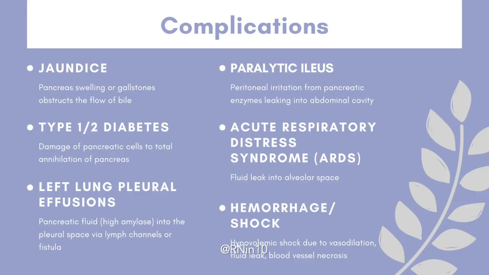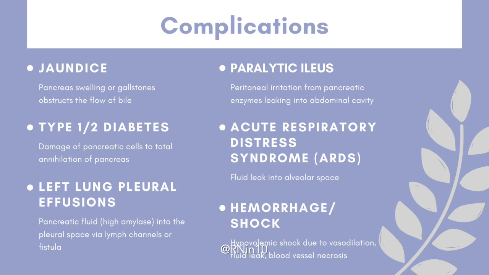Now, here are the complications that can develop and some things that you want to watch for when a patient is admitted with pancreatitis. We already know about jaundice. Type 1 diabetes can occur if there's total destruction of the pancreas, and type 2 can occur because of decreased insulin secretion with all of the islet cells being destroyed. Left pleural effusions,